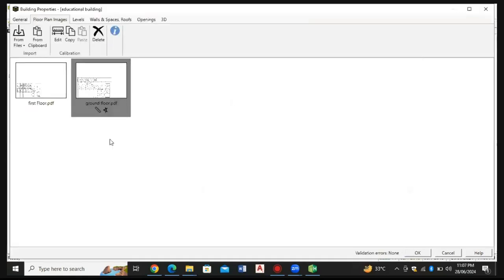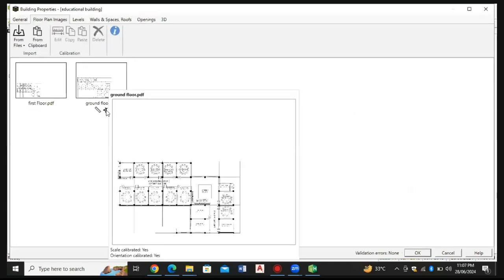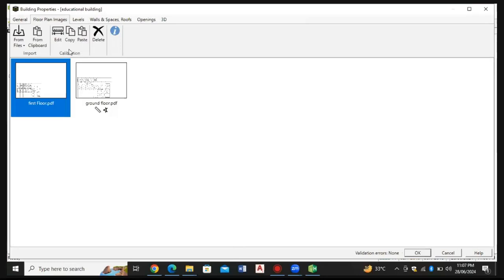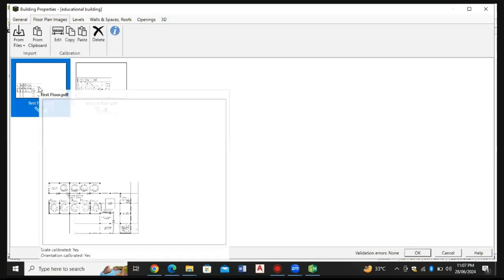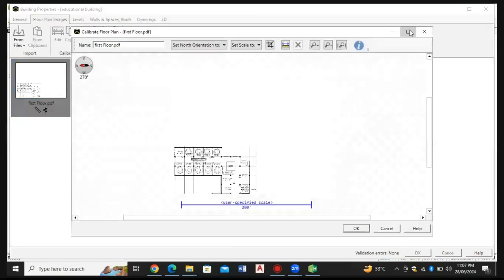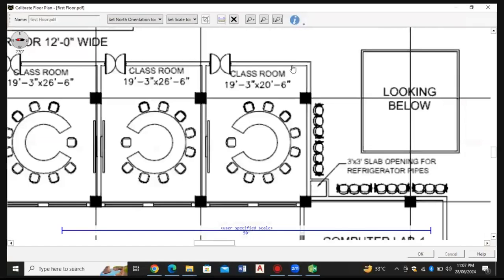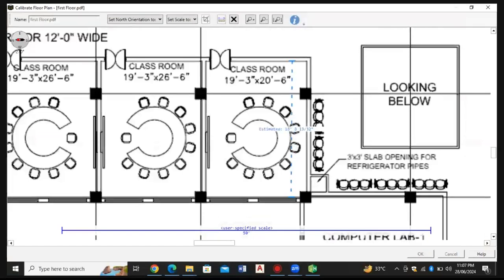Here's a mark for orientation and this is for scale. So I will just click it, copy it, and then select my first floor and paste it. So there's nothing to do again and again: I just set up the first floor, and the same scale and orientation I will select in the first floor. Let me check it by measuring a dimension. I click from here to here, and you can see that I get,